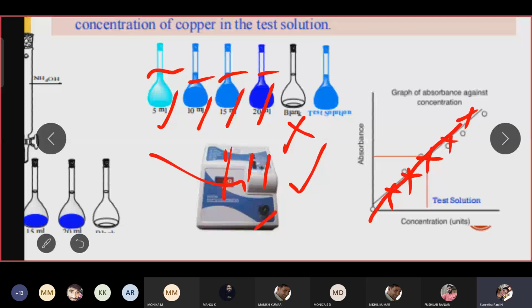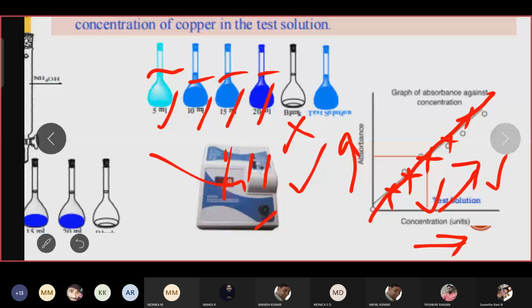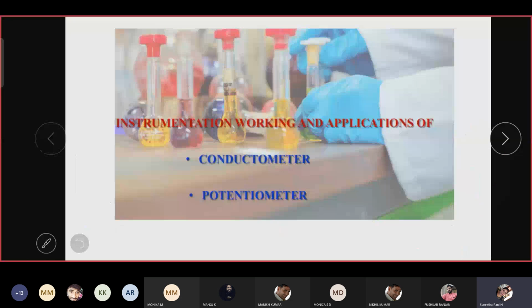This shows that as the concentration increases, the intensity of absorption also increases. So based on the colorimetry graph, take down the unknown concentration and plot the graph. From this, you calculate how much volume is consumed and how much copper is present using the colorimeter. This is how the colorimeter experiment is done to measure the solution.